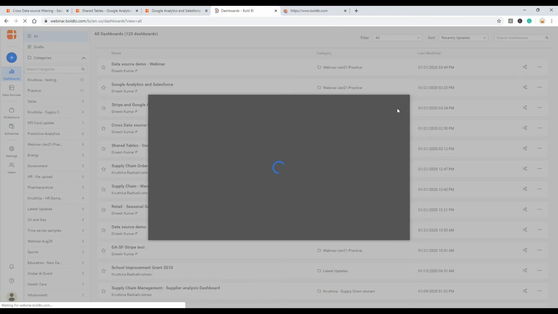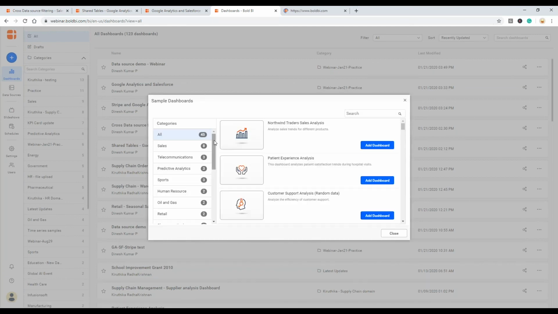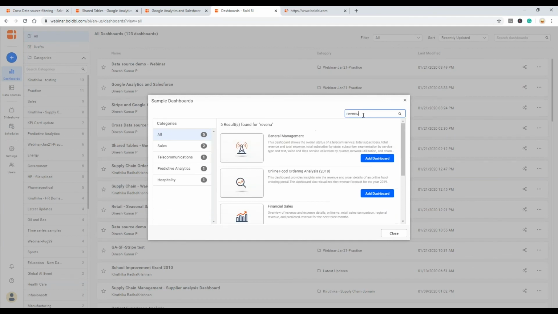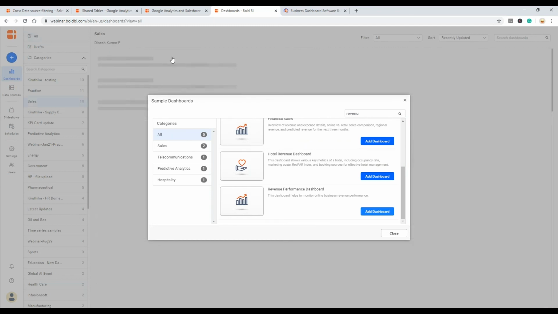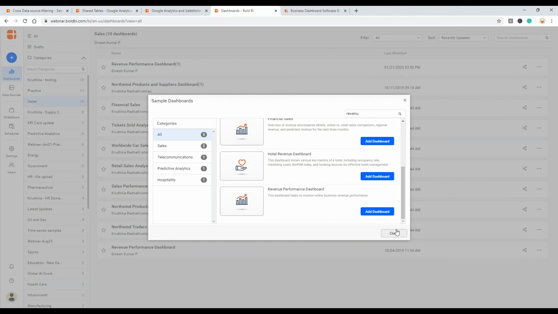Now you will have a pop-up that lists almost 45 sample dashboards. Simply by searching, you'll be able to find the respective dashboards. Just by clicking add dashboard, it will be added to your client, and you're good to go with this dashboard.